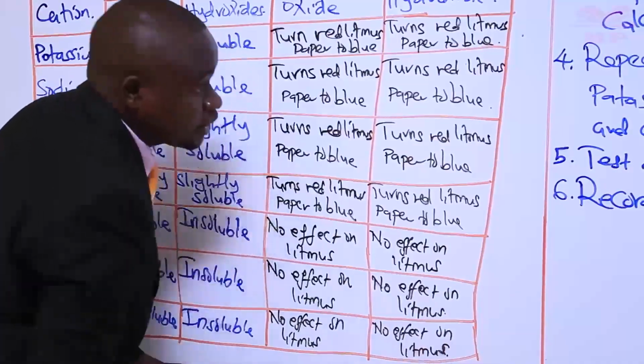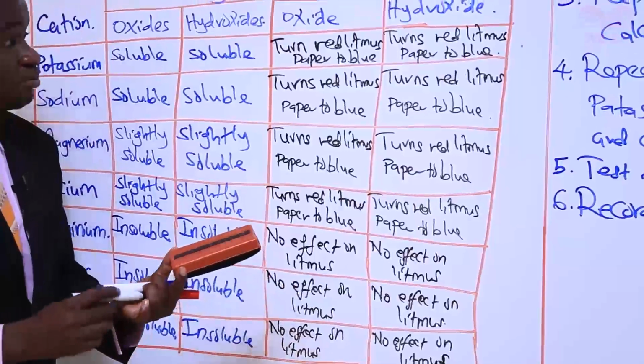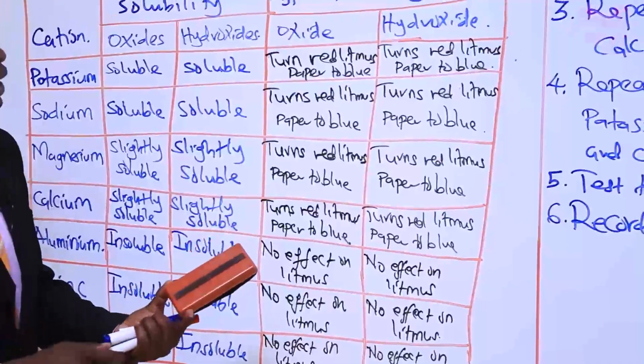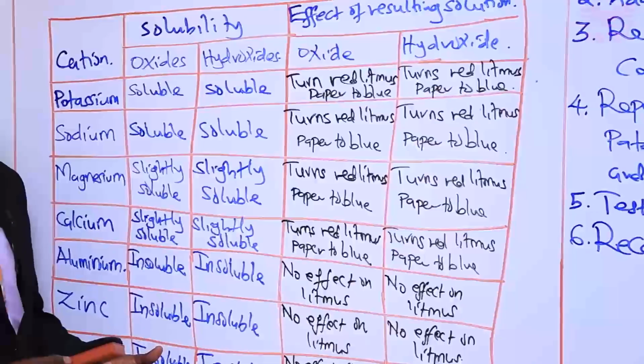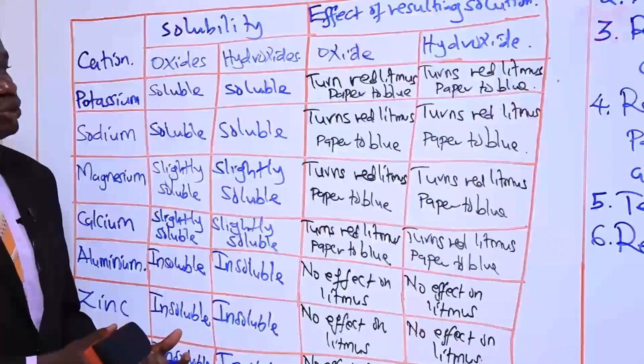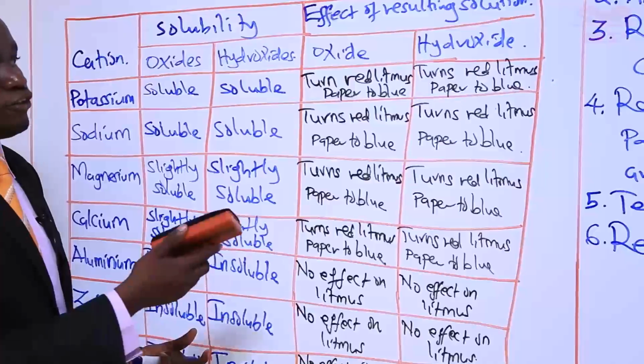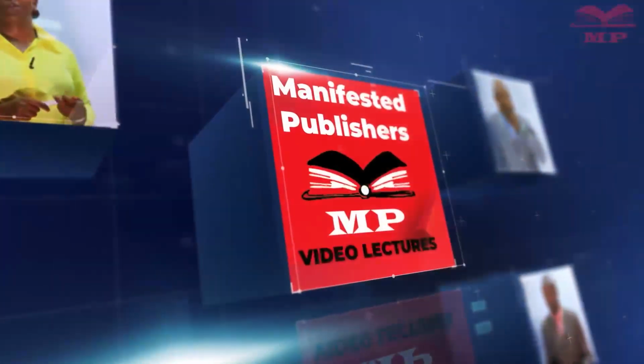So learner, we can see that we have some oxides and some hydroxides which are soluble, others are insoluble. Those which are soluble, they form a basic